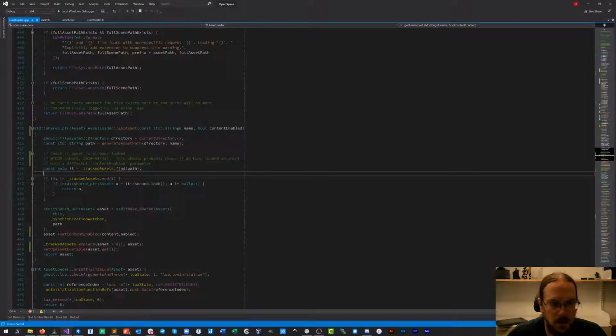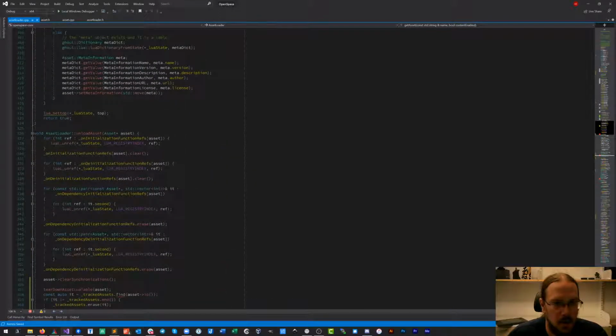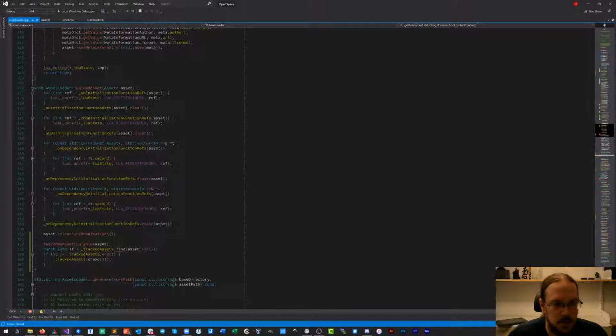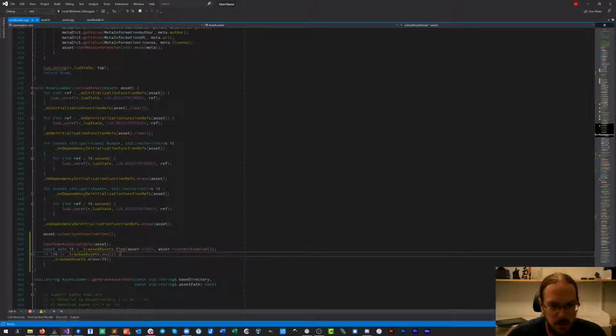And then here a lot of people will be unhappy all of a sudden. Unload our asset. Well, I guess this could be whether the content is enabled or not. And we need to construct a pair out of this.